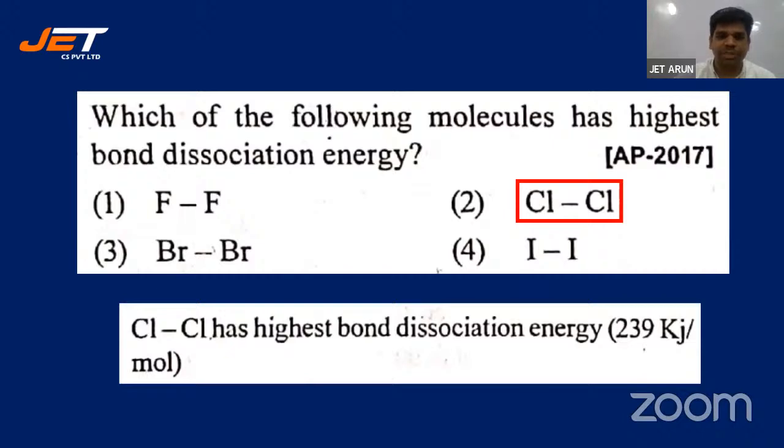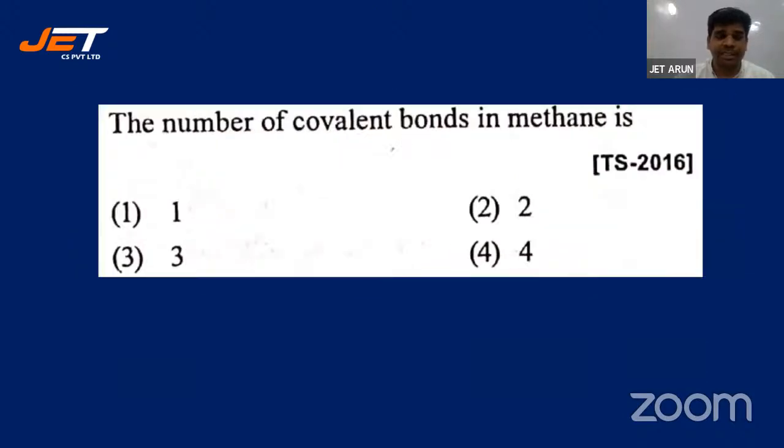Okay, bond dissociation energy is also given. Bond dissociation energy is given as 239 kilojoules per mole. The J over here is wrong. It should be capital J, students. Okay, correct that. Sorry for that. That J should be uppercase J. Let's go for the next one, students. The number of covalent bonds in methane is